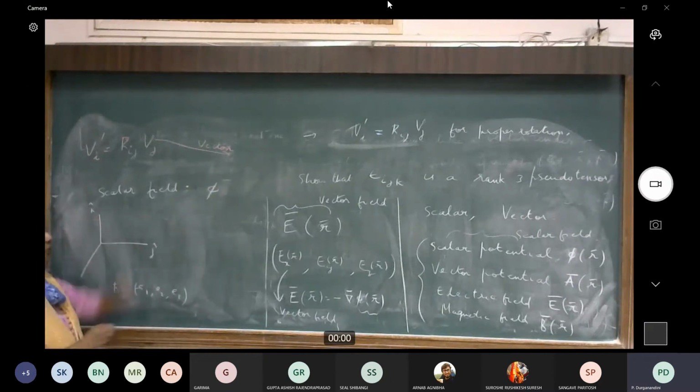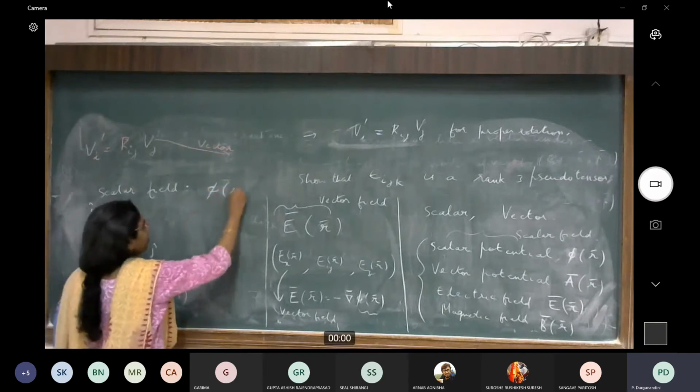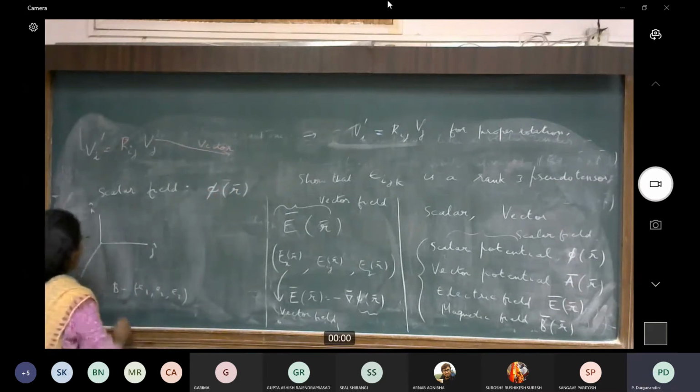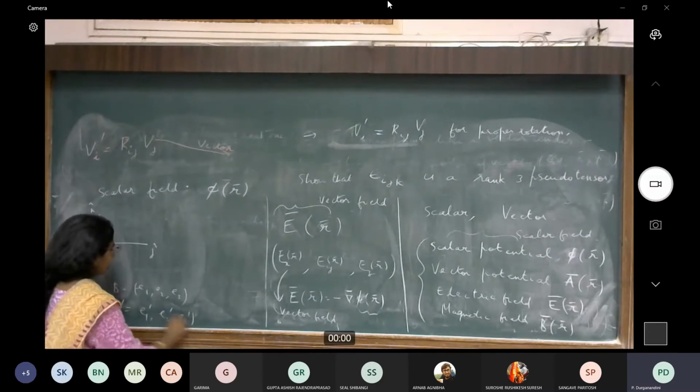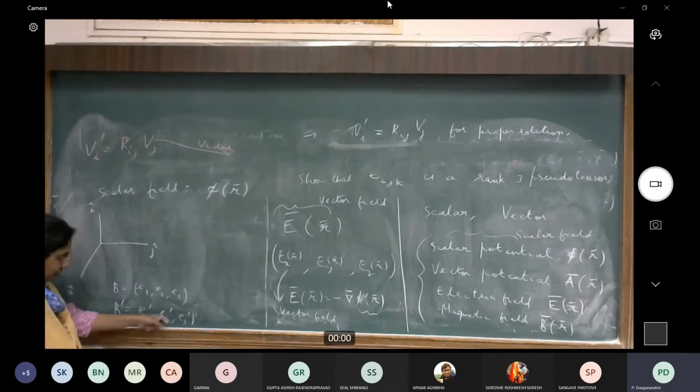That means it's only one quantity, but now this is dependent upon where I am. And if I now take this same object and ask what it is with respect to another coordinate system which is rotated with respect to this, or another basis, then by definition,